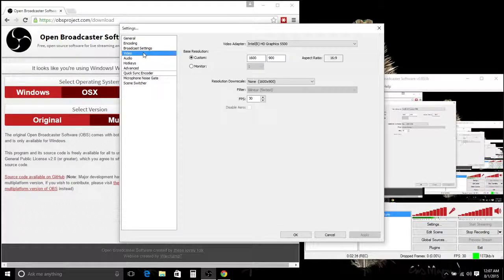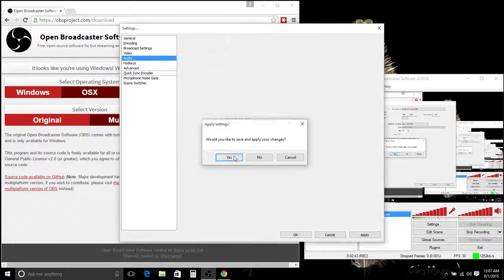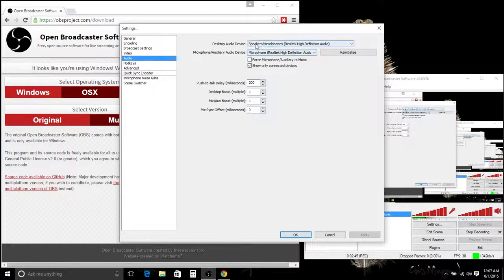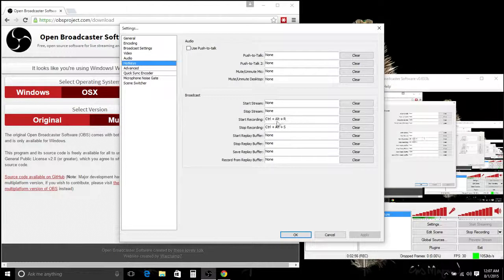Next, you're going to go to video, and I usually like to tell it to use the monitor 1. Audio, yes, I'll apply that. You're going to choose the desktop audio device, especially if you're using a laptop, you're going to choose your built-in speakers and headphones. Then you can click on Hotkeys, and you'll notice that I've already done start recording and stop